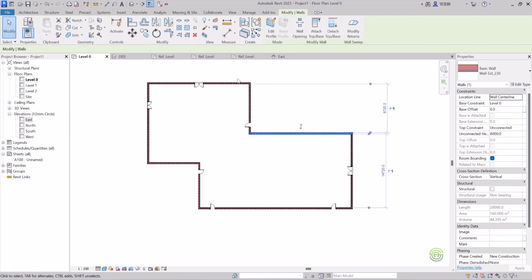So now we have drawn so many walls. One by one we would have to press control and select all the walls like this, and then change the top constraint to level 2 so that it will connect properly to level 2. So instead of selecting each wall like this, pressing control and selecting all the walls and then changing the top constraint to level 2,